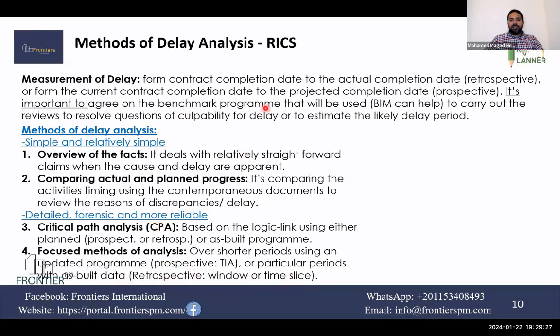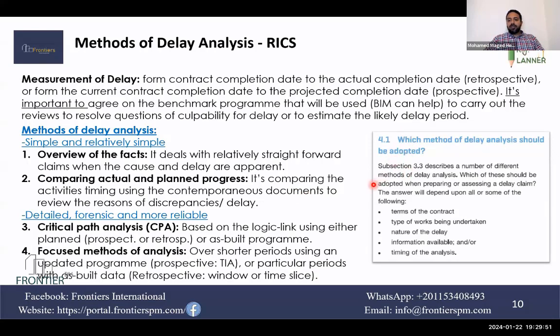So this is the classification provided by RICS. Without much details, they didn't go deeply in details how to implement each approach. They only classified the approaches and mentioned the major approaches from their perspective.